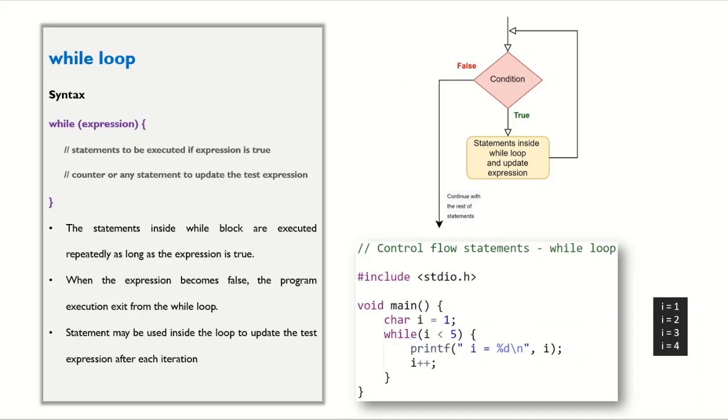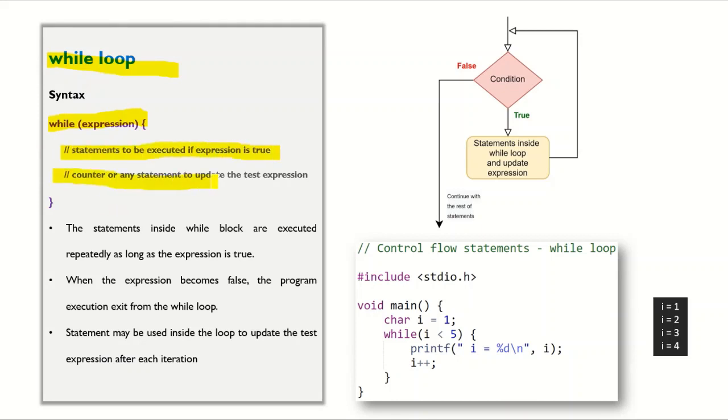Loops in C. Loops are used for repeated execution of a set of statements based upon some conditions. While loop. Syntax is: while (expression) { statements to be executed if expression is true;